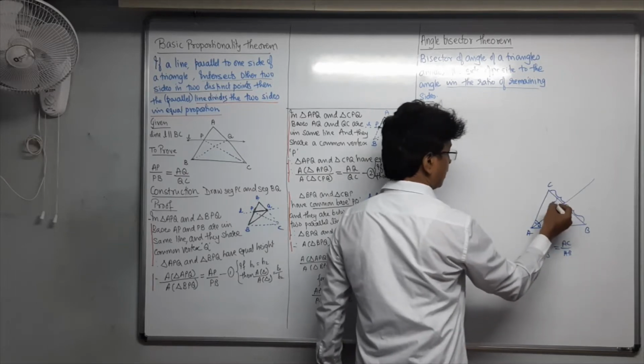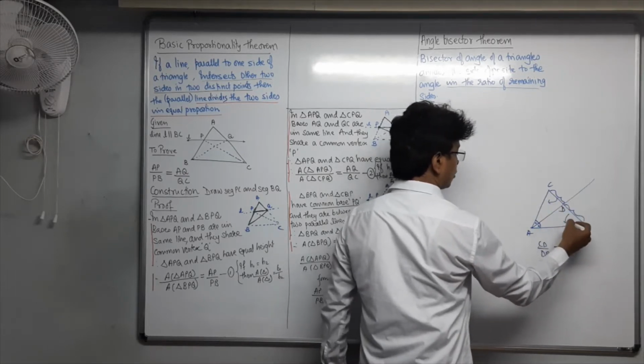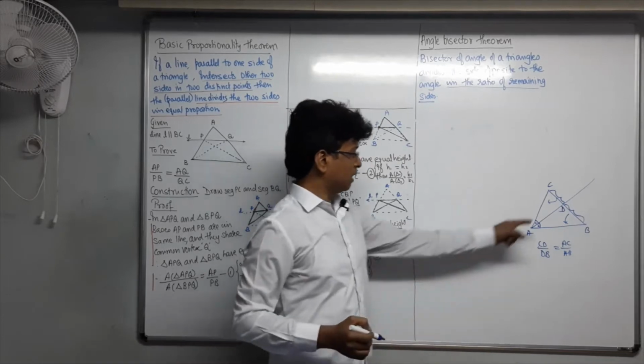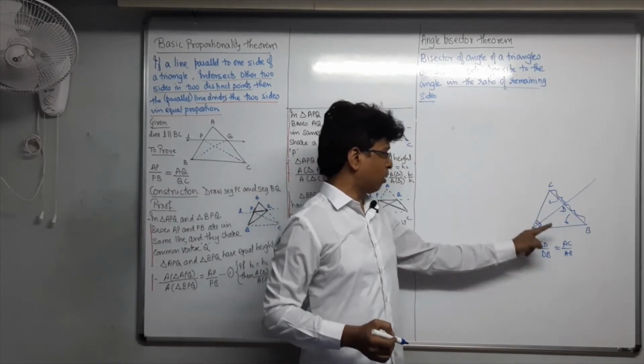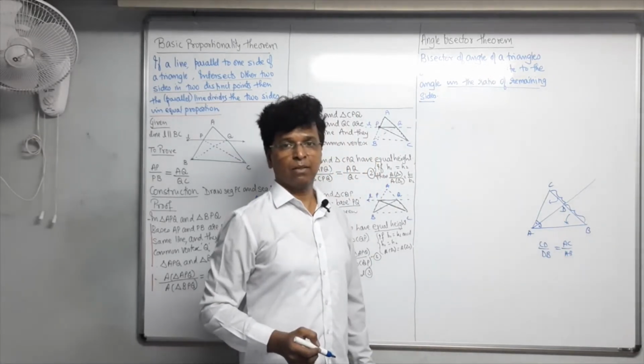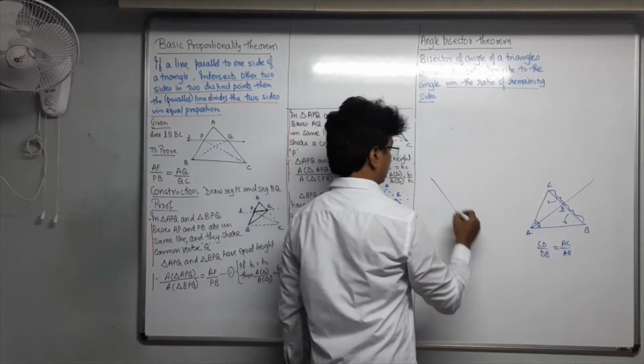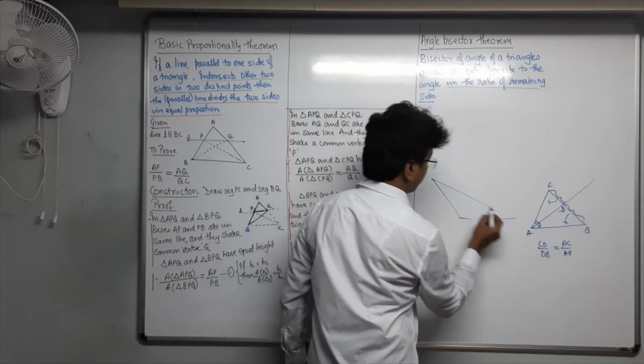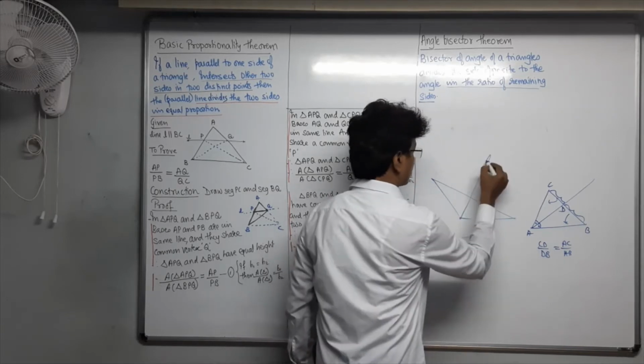Now see here, this should come here only and this should come here only. If this is in the numerator, then AC upon AB is equal to CD upon DB. See, you can take it in any fashion. First understand the theorem, how it is applied. Then you can understand rest of other things.